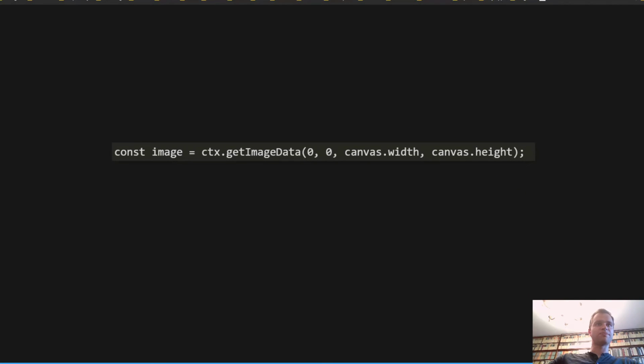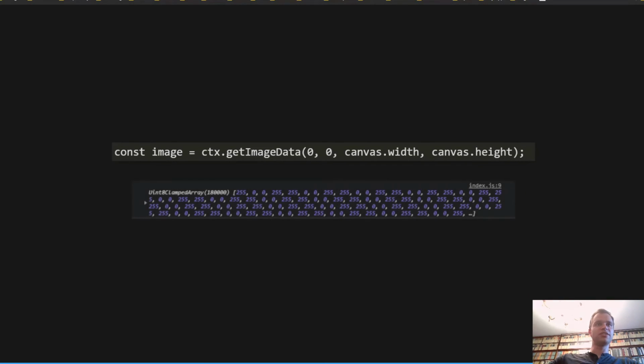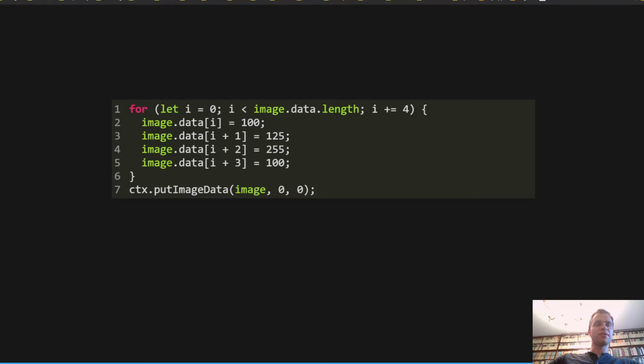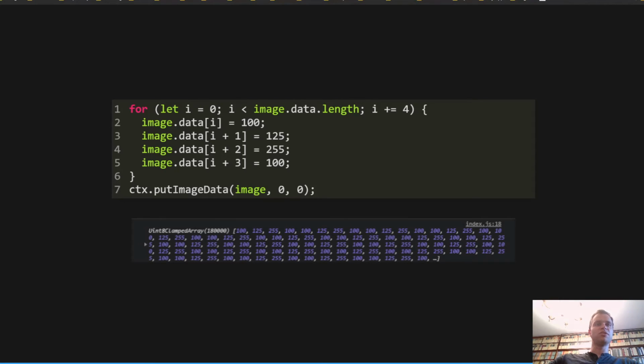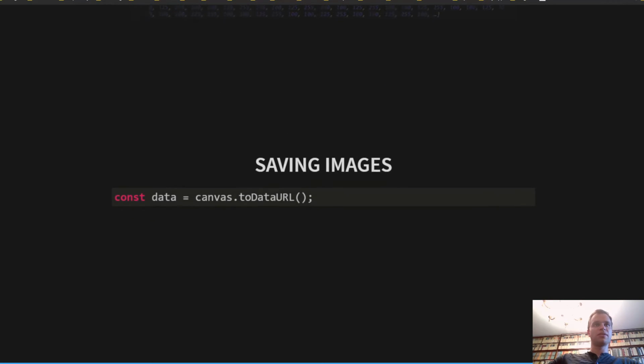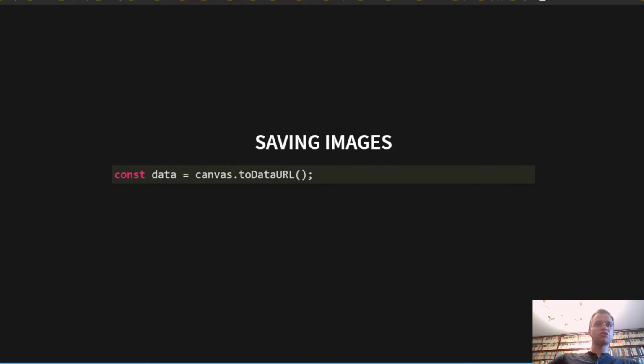Then I got image data, and I got an array of pixels. Then I go through all these pixels and change it, and then I put this image data to my canvas, and I got this array, and I can save images using toDataURL method,